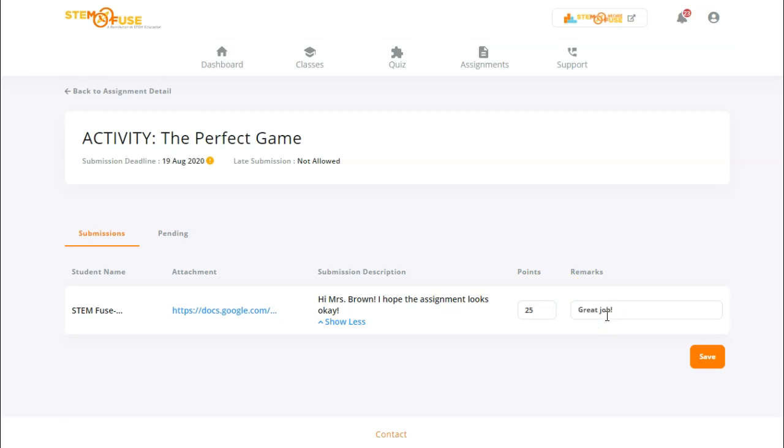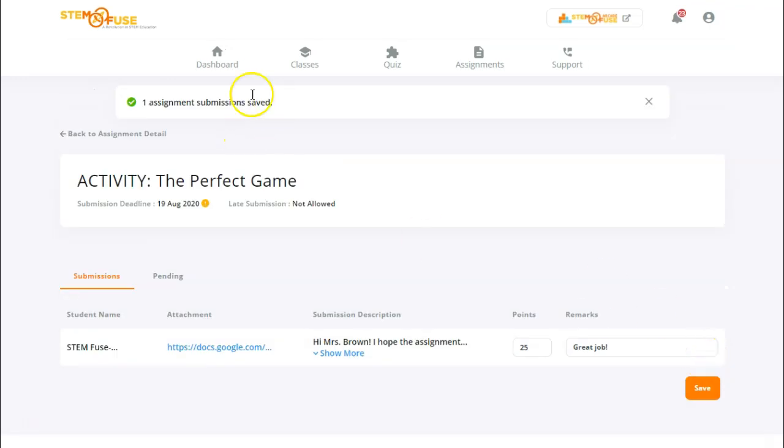As additional students add submissions, this list will grow, and it's really easy to simply add points or grades associated with that assignment all in one spot. Once, as a teacher, you're completed with adding points and feedback remarks, you can go ahead and click the Save button. As you can see, one assignment submission was saved. The student will receive a notification that their work has been graded, and they'll be able to see those points